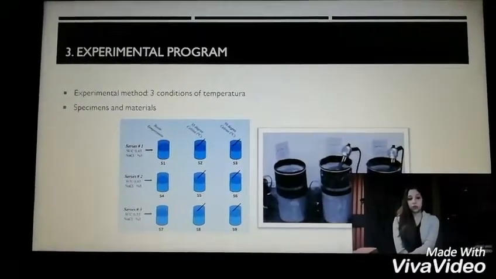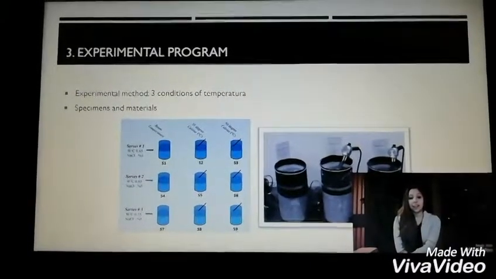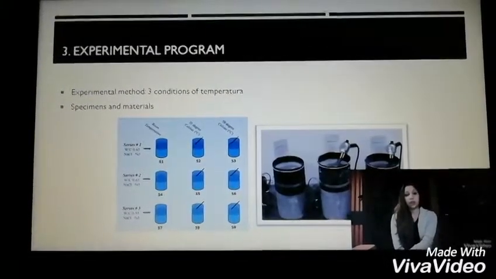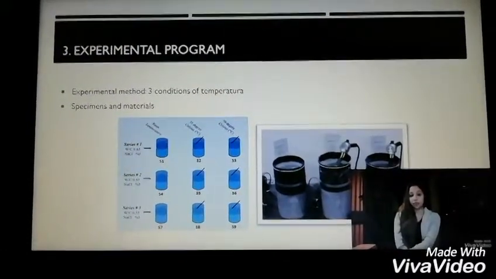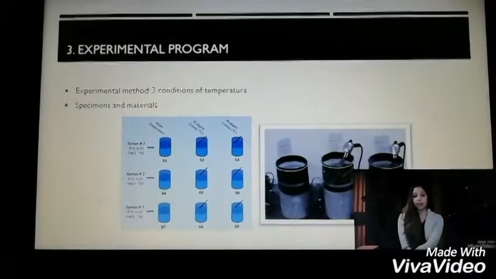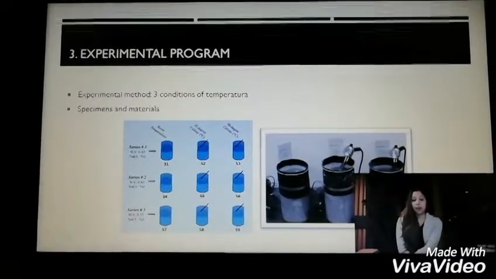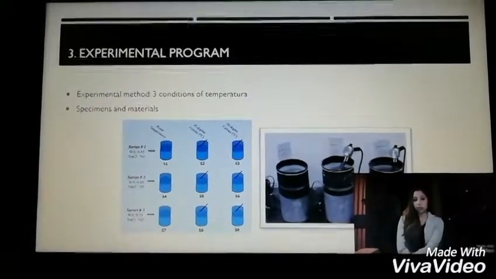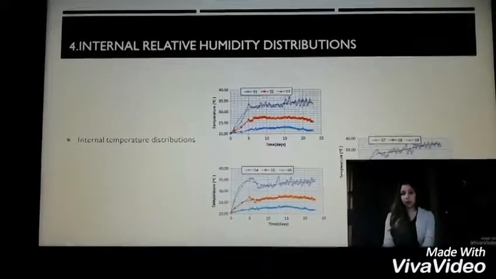Experimental program. For the experimental method, three tests were taken. The first is a regular immersion test with only one driving force acting. The second is a modified immersion test at constant temperature. There are two driving forces for chloride penetration. One is the chloride concentration gradient, and the other is